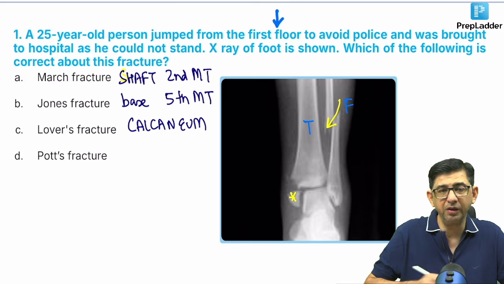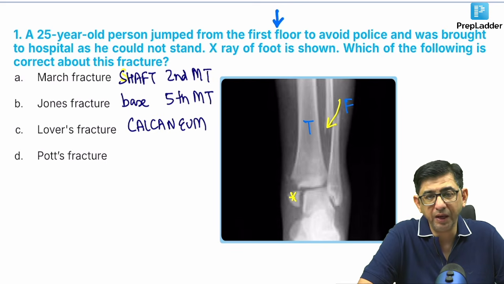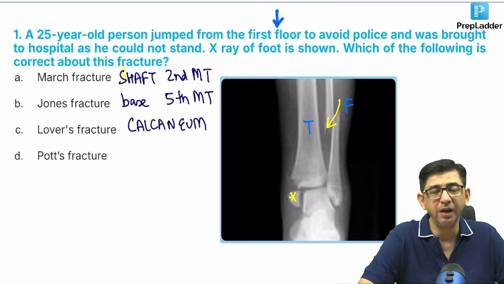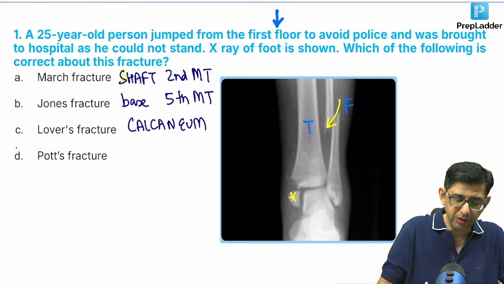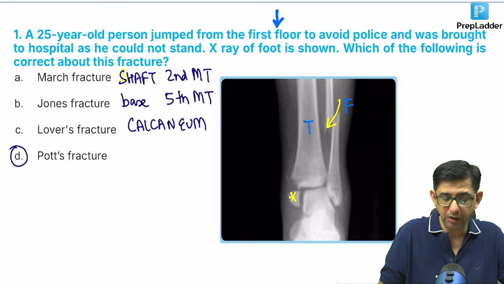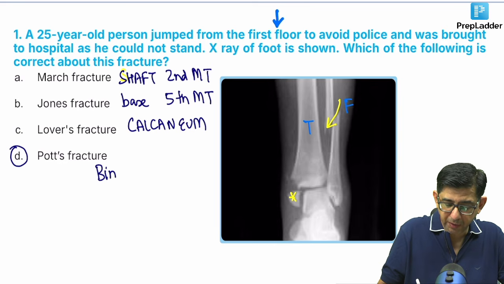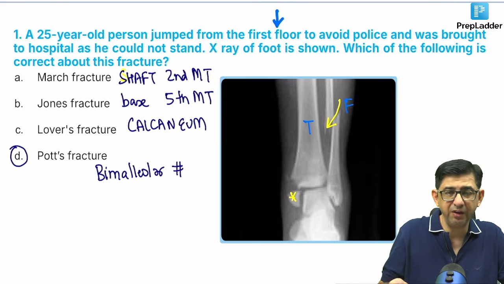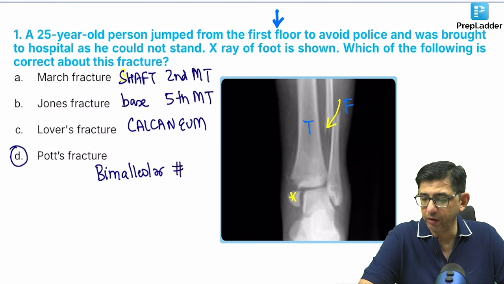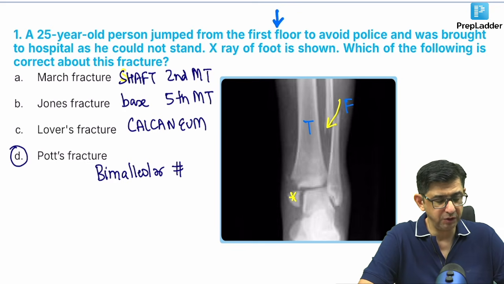But in this particular case, you can see that the fracture is not in the calcaneum, but it's actually involving the lateral malleolus as well as the fibula, and the lower end of the fibula, if it is fractured, is bound to cause displacement of the medial malleolus also. So the correct answer to question number 1 is option number D, that is Potts fracture. What is Potts fracture? It is a bimalleolar fracture. And apart from this bimalleolar, you can also be having a displacement of the lower end of the fibula primarily present. So I think you were able to figure out the answer for this question, which is option number D.